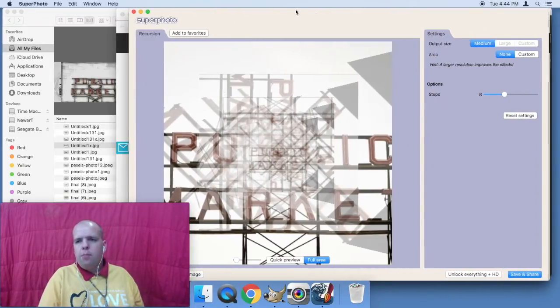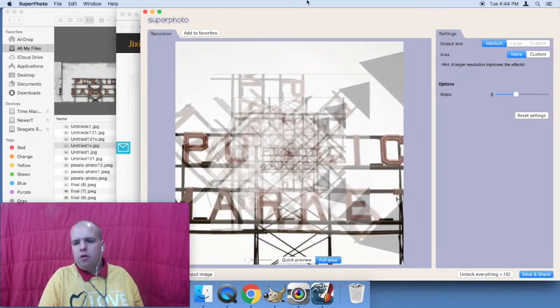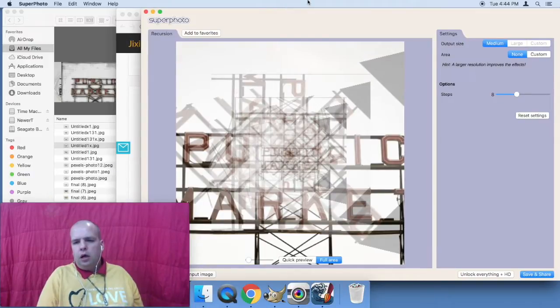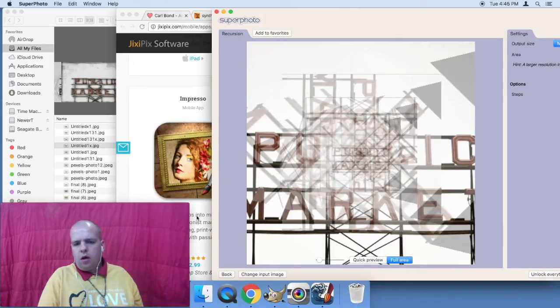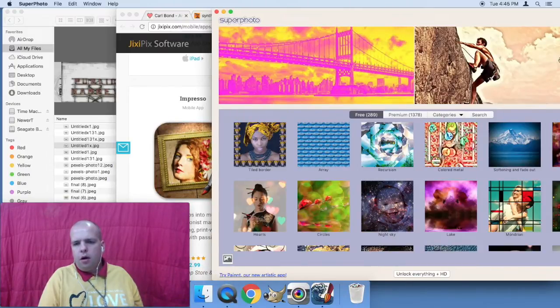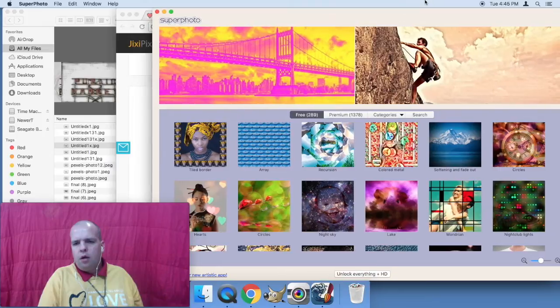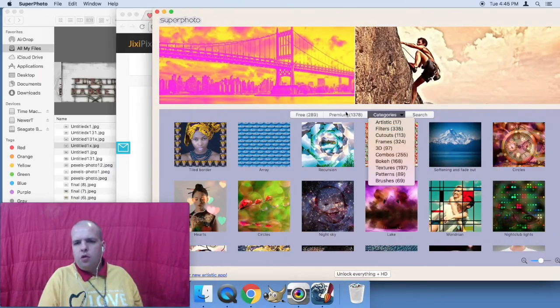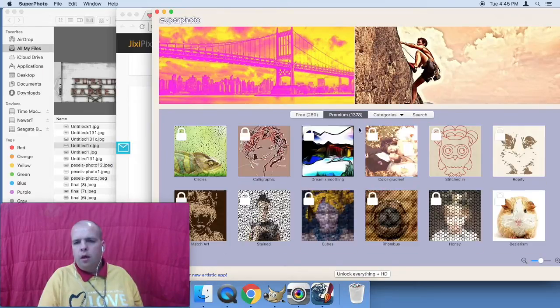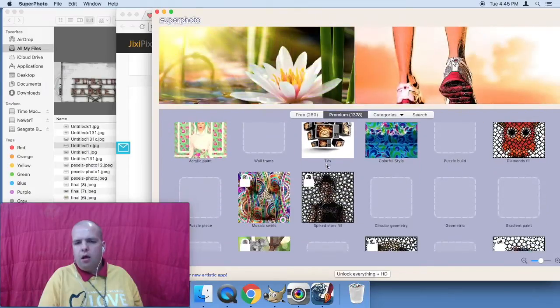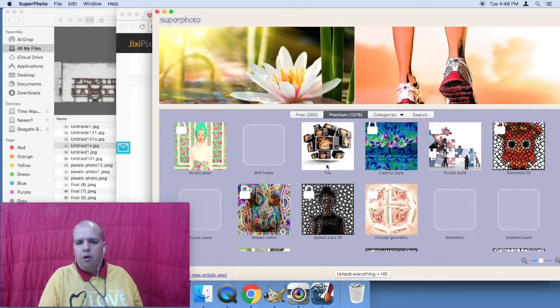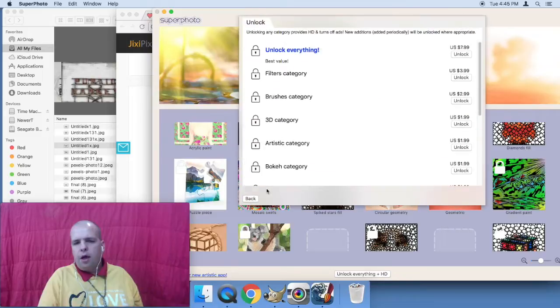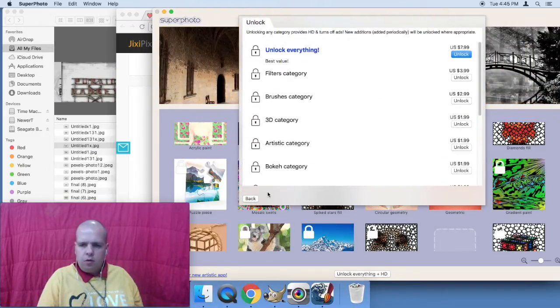This is Superphoto, and Superphoto is a nice program. There are things that you would need to unlock, though, and there are a number of things that I have not unlocked myself. So let's say, for example, that you want to do something like this. Well, you can't,